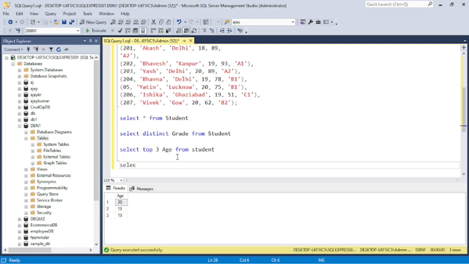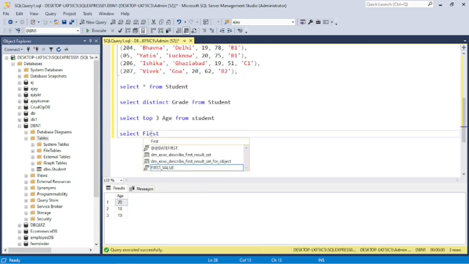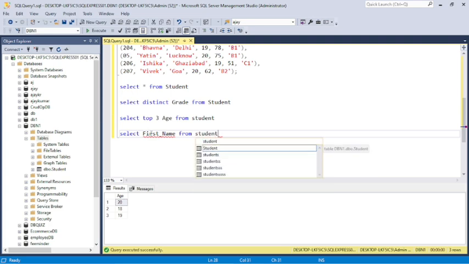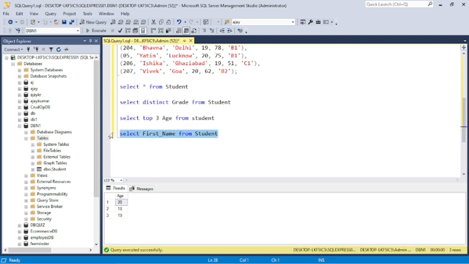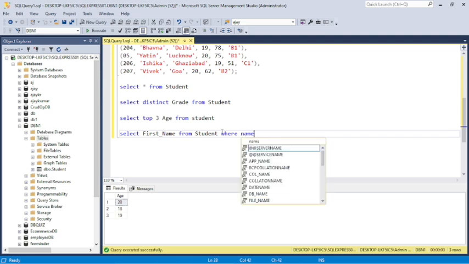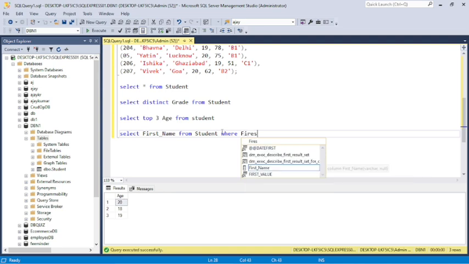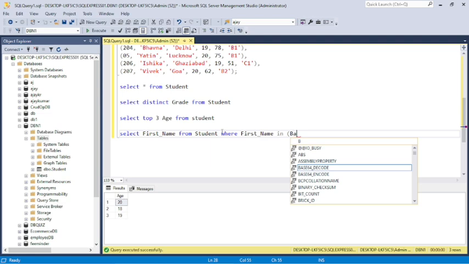Select first name from students where first name in Bhavana.